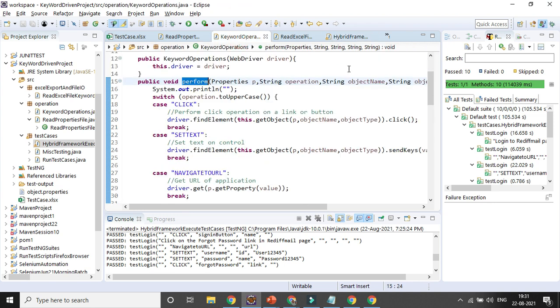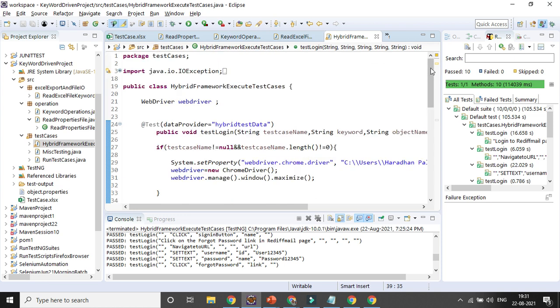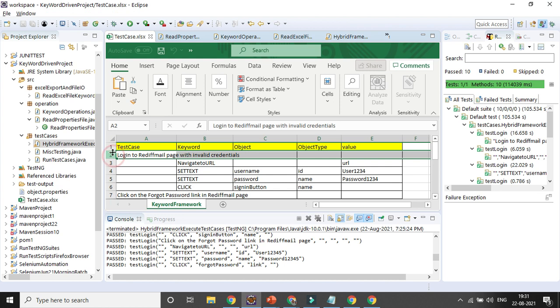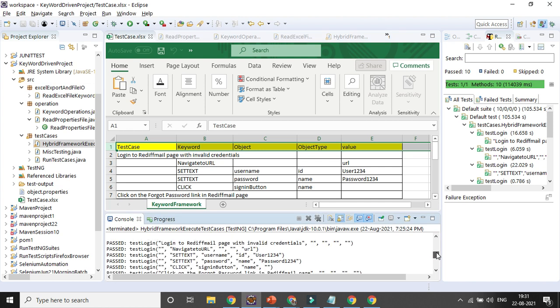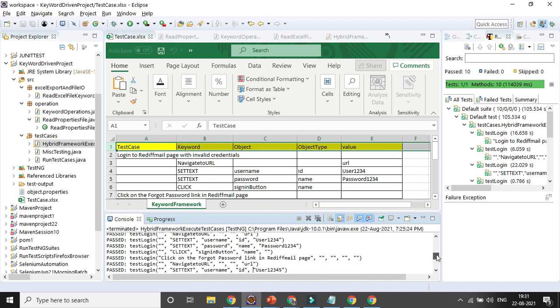So that's why I am trying to read each and every keyword, each and every test data combination, and each and every row excluding the first row. So that is the reason each and every row will be considered as a test case here, right. So whatever is in case of keyword, in case of data, I want to read it. That is the reason for the hybrid framework. So I want to read with the help of keyword or with the help of data value, right. So each and every step will be considered as a test case.